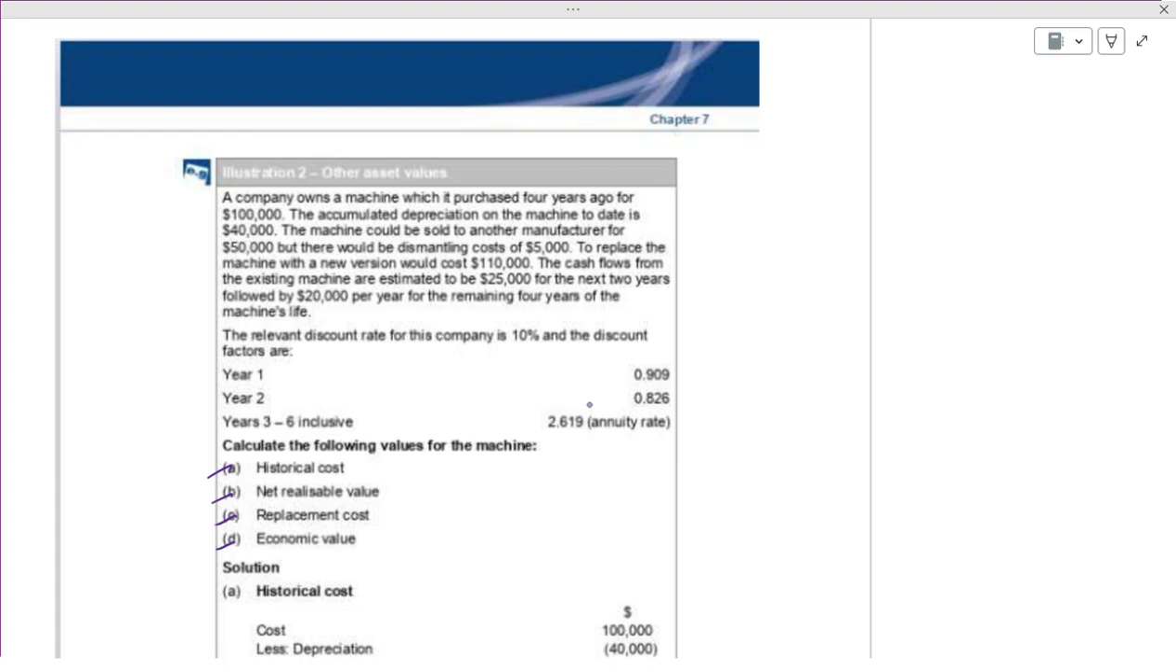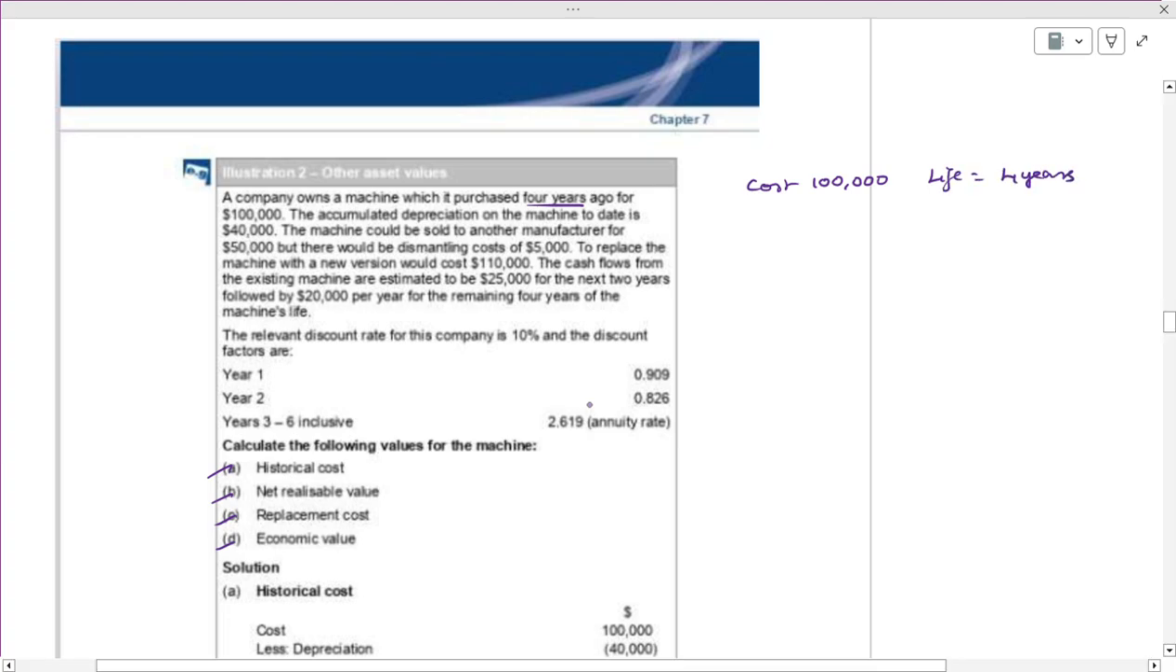A company owns a machine which was purchased 4 years ago. See the thing. Cost is 100,000. Life is 4 years. This will be there in a 20 marks question for 2 marks, but a small adjustment will be there in the big question. Okay? The accumulated depreciation is